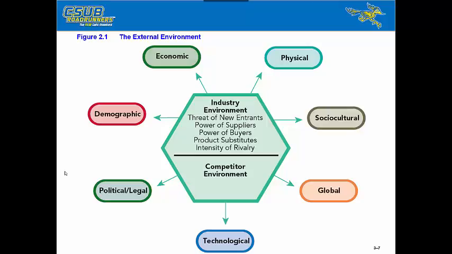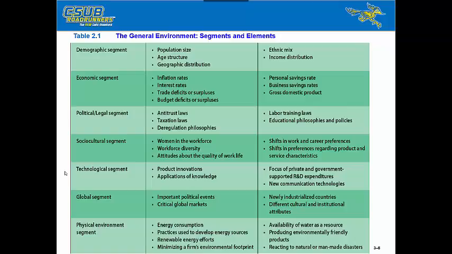There's big picture things that are changing the nature of the industry, like economic, physical, sociocultural, global, technological, political, legal, and demographic factors. And then there's structures within the industry about what is the threat of new entrants, how powerful are suppliers, how powerful are buyers, that are called Porter's 5 forces, which we'll get to next. Talking about driving forces first,